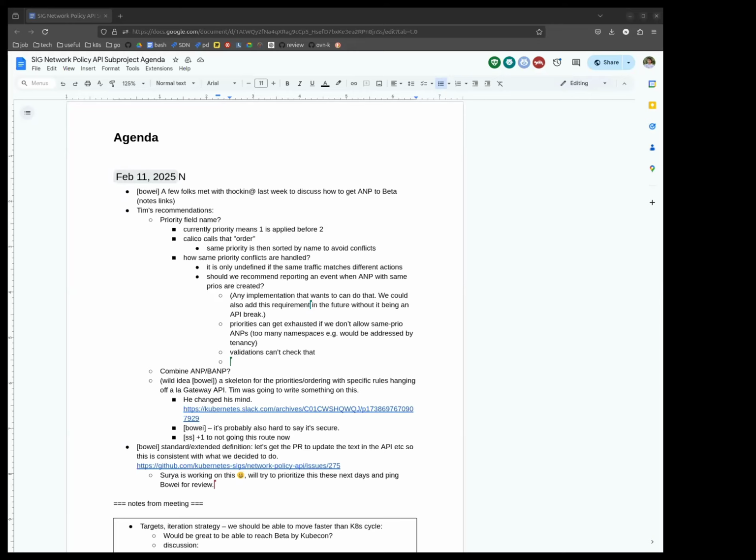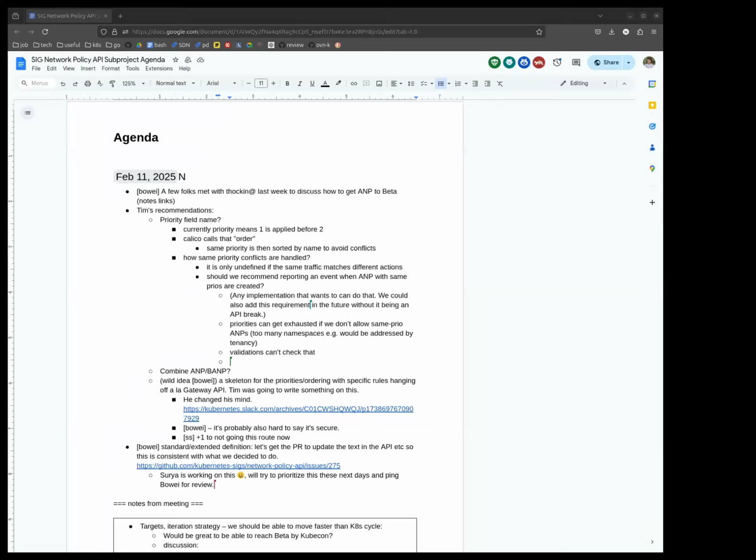I think the natural thing that we worked out for Cilium to do was to naturally prioritize deny rules at a particular priority. I think that was what Nathan was saying before. So a bit of a different way of resolving it. But again, the user can say what they want by putting a proper priority on it.